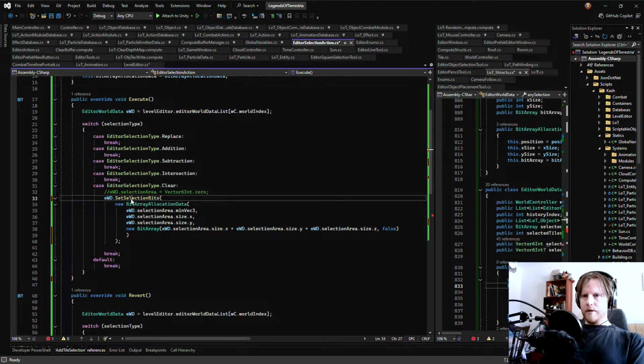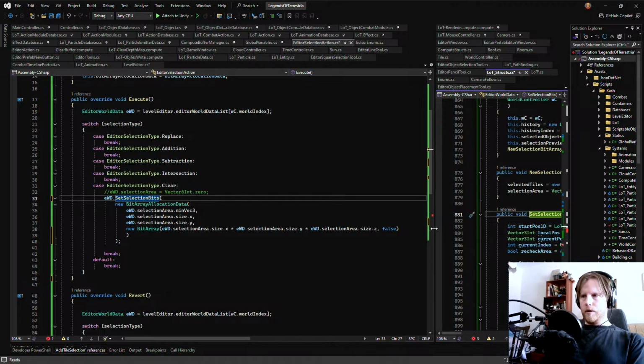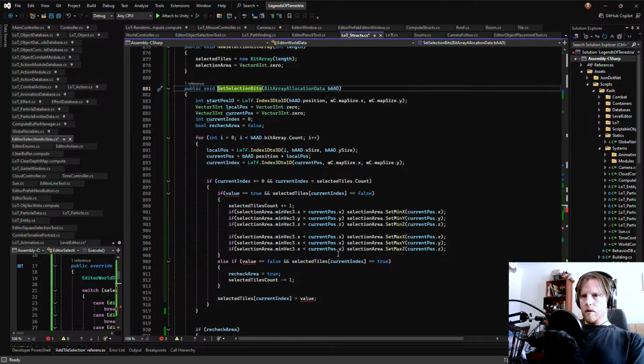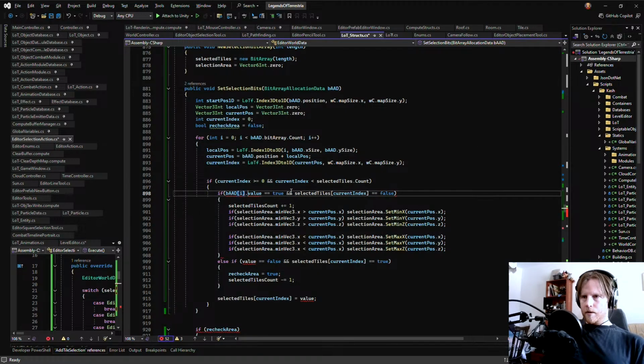And let's see, set selection bits is here. And here we are incrementing if the value is true and the value is bad I dot, no, bad I, yeah, right? No, bad I dot bad dot array.